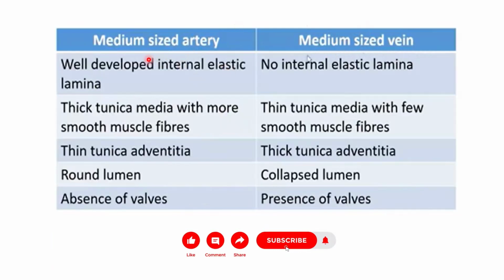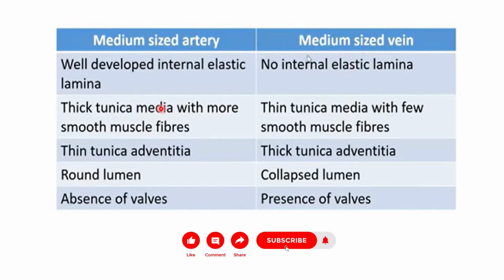The differences will be, an internal elastic membrane will be prominent in the muscular artery, unlike in the medium-sized vein or the muscular vein, which will not have a prominent internal elastic lamina. Then the thick tunica media will be prominent in the muscular artery, unlike in the muscular vein, which will have a thin tunica media. Then the tunica adventitia will be thin in the muscular artery, then thick in